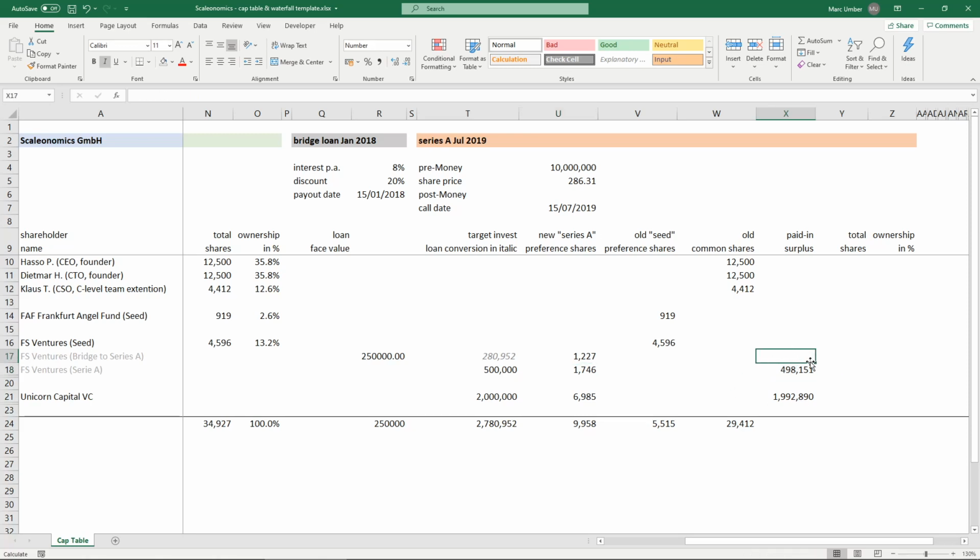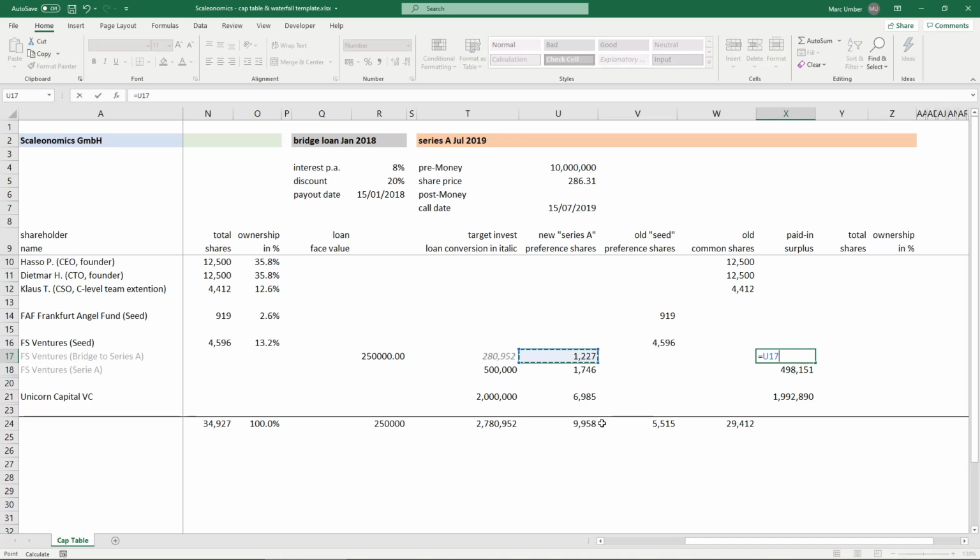We have new shares from the loan conversion. Now this is a bit more tricky because if we simply calculate the paid in surplus in the same way, we would end up with a value that is simply too high. This would be way higher than the loan amount that is outstanding that is to be converted into equity. Why is that? Because we had a discount share price. So we need to take